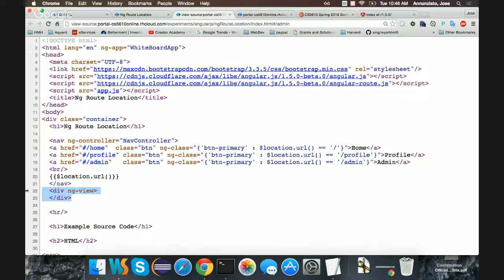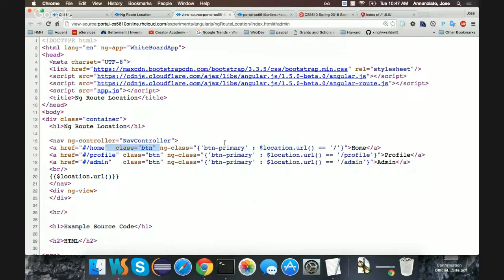So, click on home. Then ng-class would change the DOM. It would add button-primary to the class attribute of the A. Fine. But when I click on profile, Angular should do something like remove that button-primary from the home. It does. Yeah, that's the controller. The controller is doing that. The controller is declaring this location URL, and it's saying,